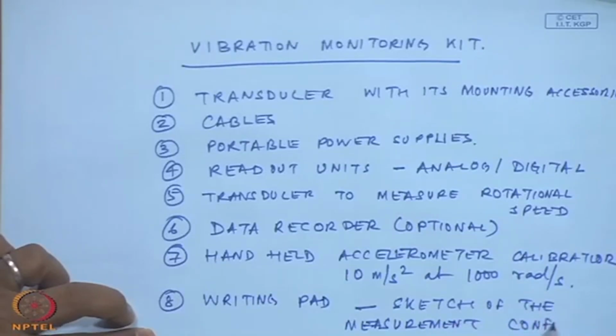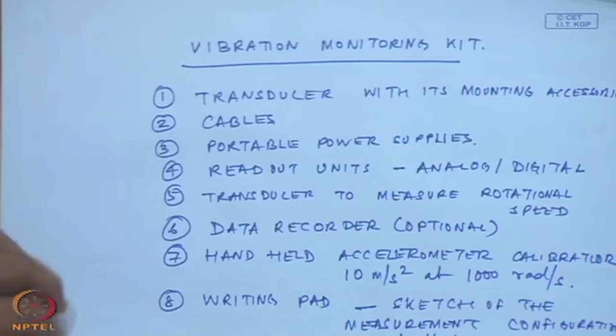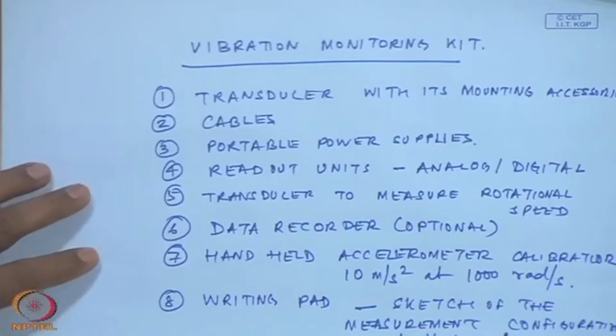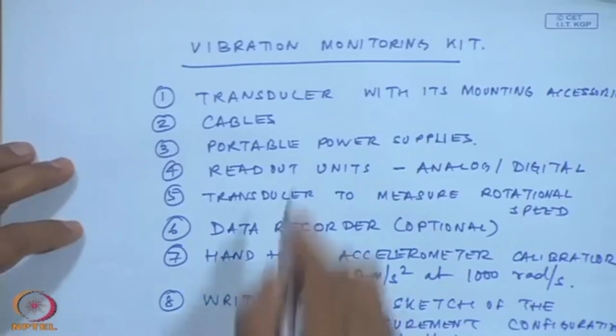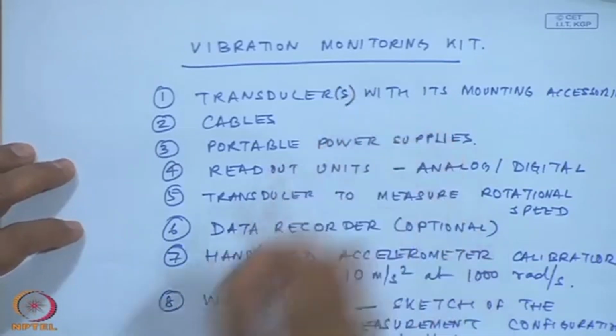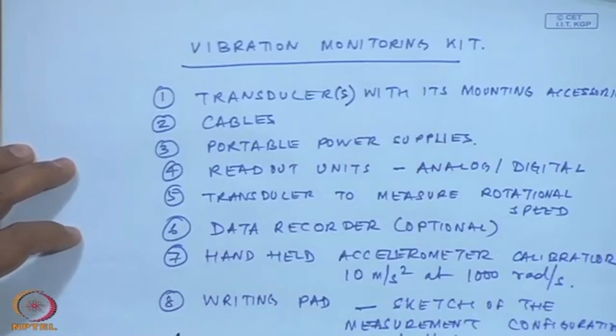Configuration, as to axial, vertical, horizontal, because we have to measure in axial, vertical, horizontal, and this is what has to be there in any vibration monitoring kit, and you can have multiple number of transducers, okay, as the case may be. Okay. If you are carrying this equipment with you, and if you understand how to do that,